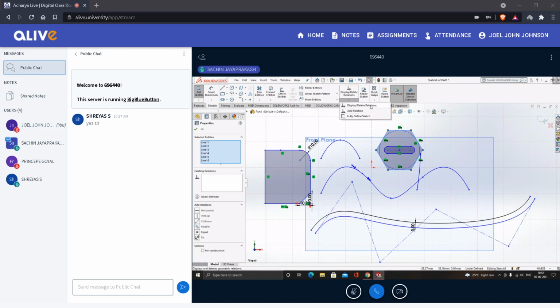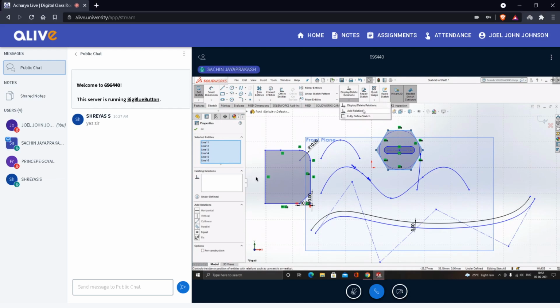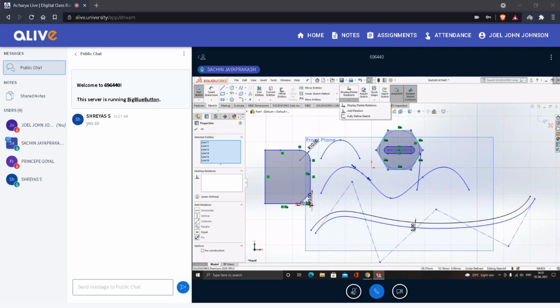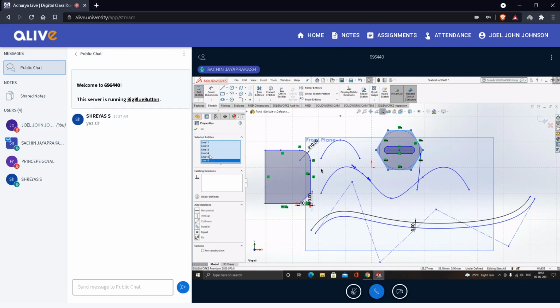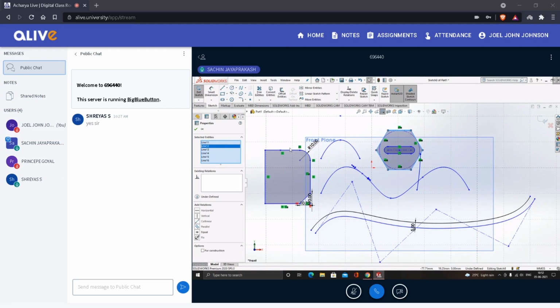and this is display or delete relations. So this is add relations. This you can do here also. You can select one product, and based on that you can add relations to the other, or you can come here and do the same: display relation, add relation, and fully define sketch. Okay, so if you do that,